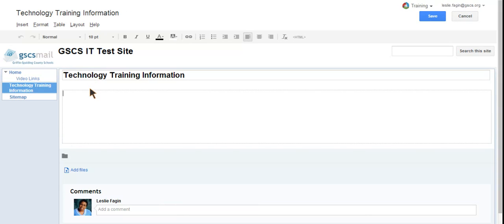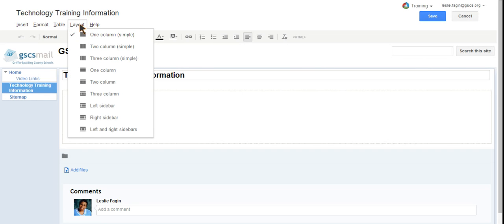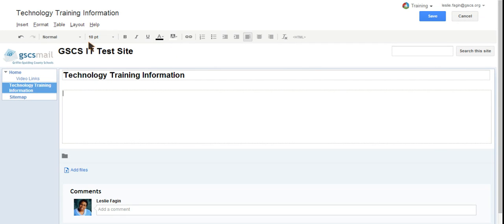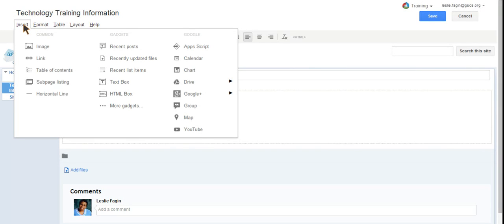Okay, if I want to change the layout of my page, I could go up here and choose if I want one column, two columns, three columns, however many columns that I want. But because I already know that I'm going to insert a calendar here, I'm going to leave it as one column. In order to insert my calendar, I'm going to go over here to the Insert menu, click on Insert,